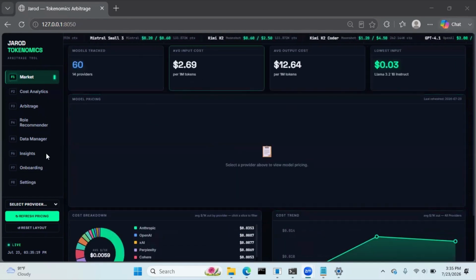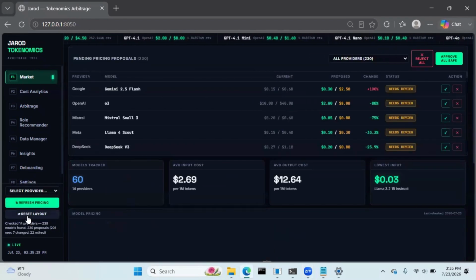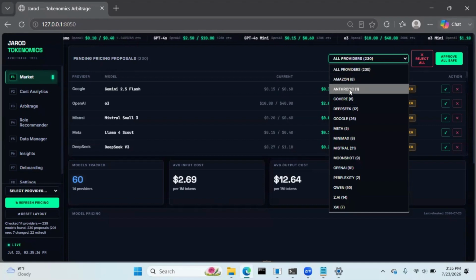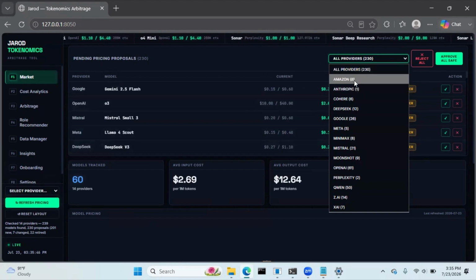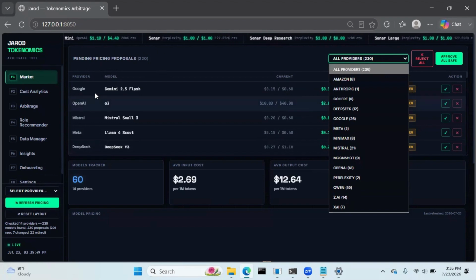So what we're going to do here is go to refresh pricing, and this is live, real actual pricing, no mock data, any of that. Let's choose a provider. You see we have quite a few to choose from. When you install this, depending on when you install it, you just have to refresh the pricing and you can select the newer models if you don't see them scrolling at the top